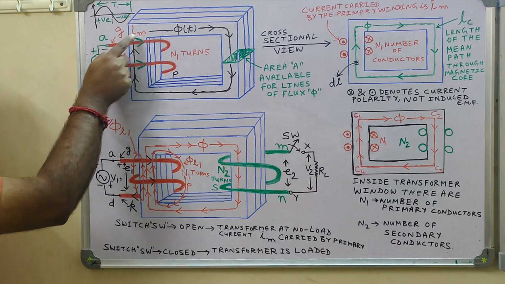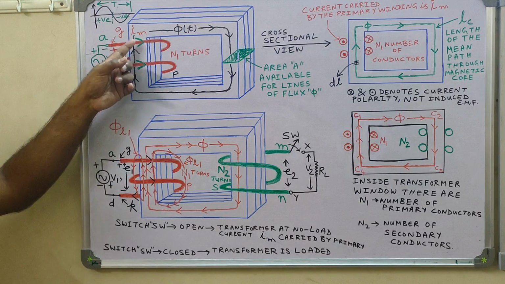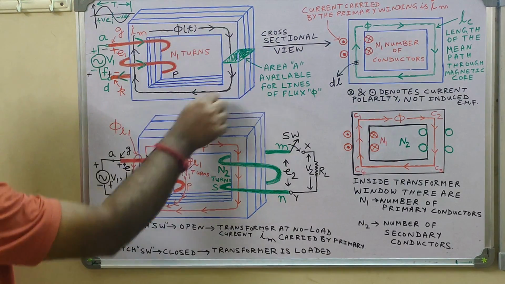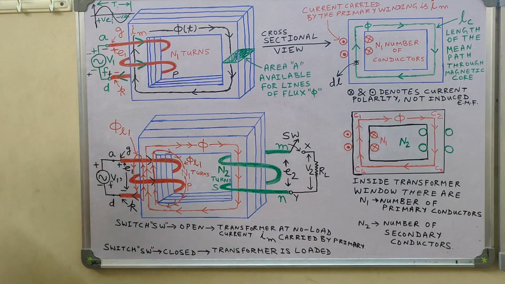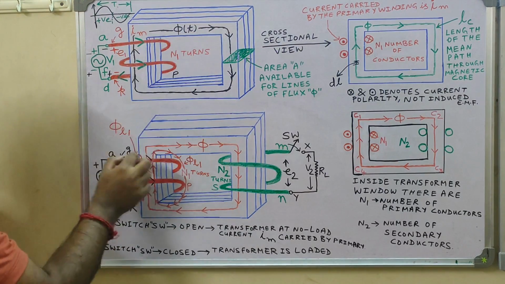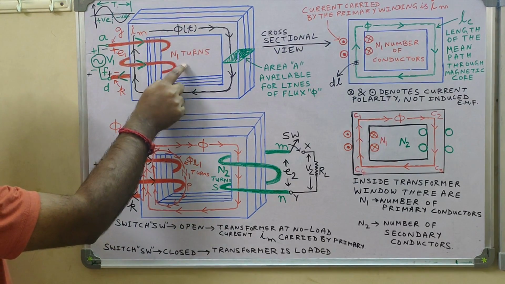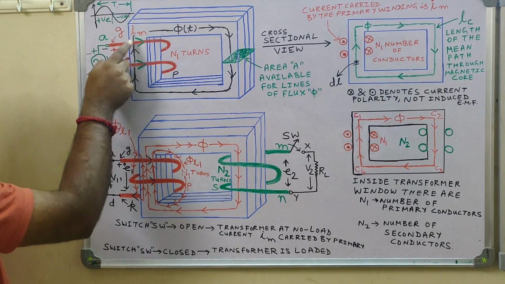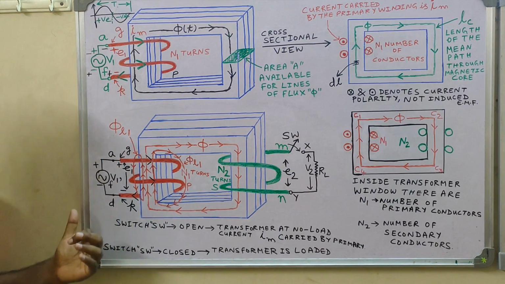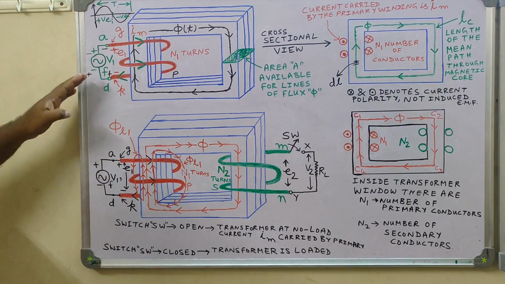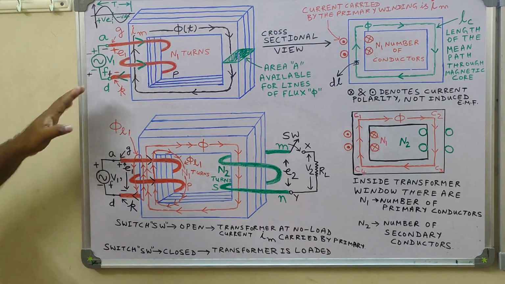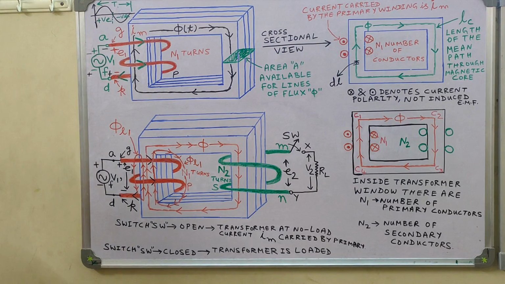So what is the function of this current Im? The function of this current Im is to create or establish a magnetic flux through the transformer core, phi t. So this phi t is the flux which is established through the magnetic core of the transformer due to the current carried by the primary coil P, and that current is nothing but Im. So this current Im is termed the magnetizing current of this transformer, because with the help of this current Im the flux in the transformer core is established.